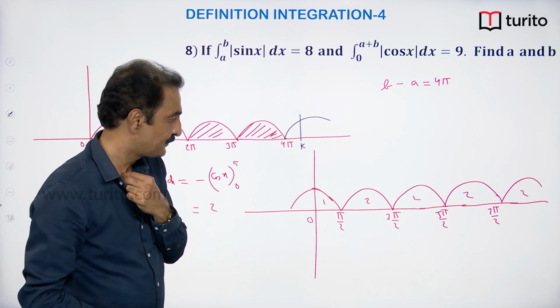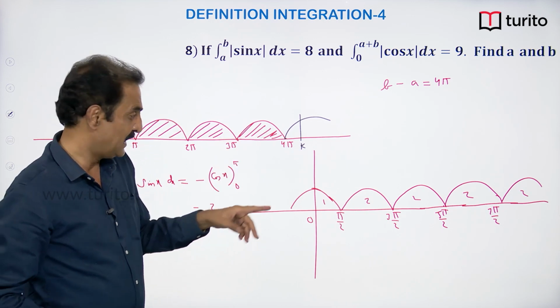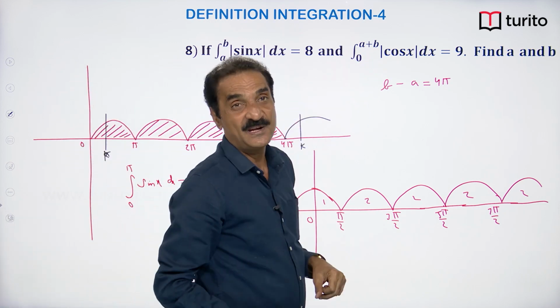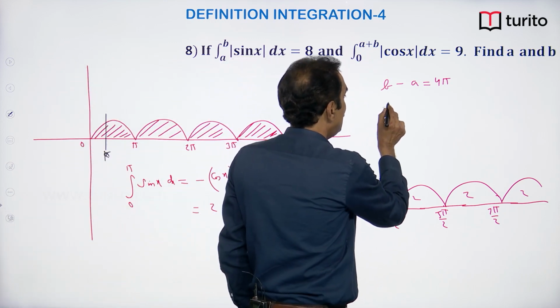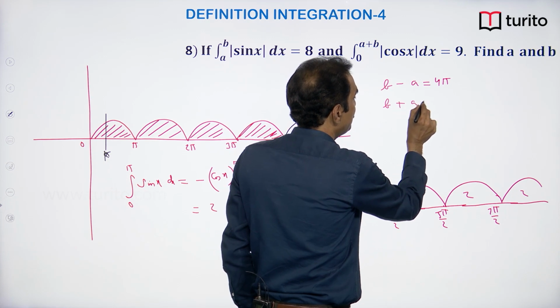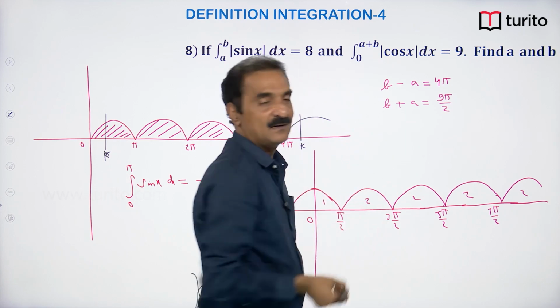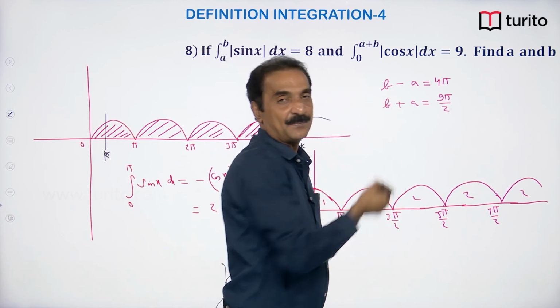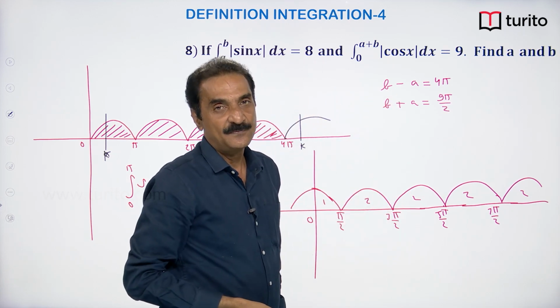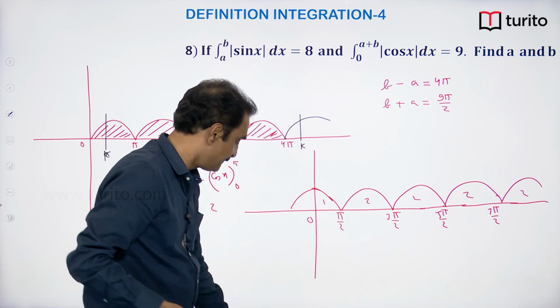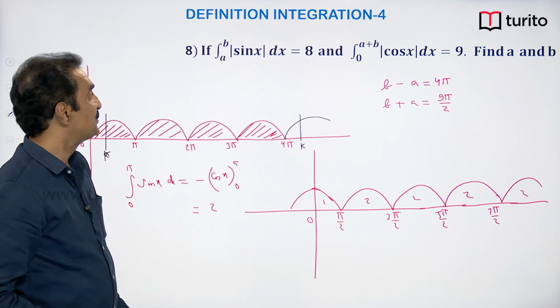Correct? Next will be 9 pi by 2. So a plus b must be 9 pi by 2, or we can write b plus a. Then by adding and subtracting you can calculate the values of a and b. Okay, you finish it. Next question,